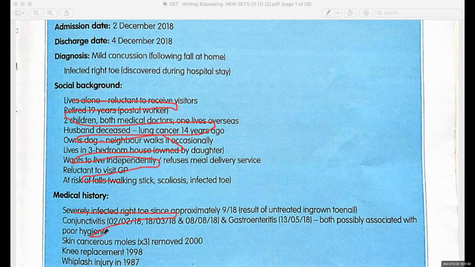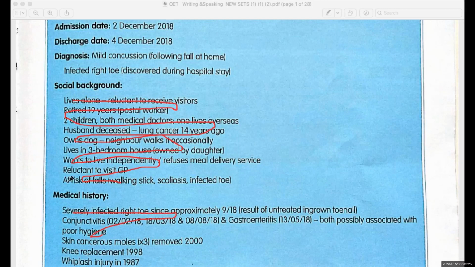This is called expanding a note. Expanding a note means you do not use your brain to understand, cohere the letter, and express it in your own words. You don't do that. Understanding and expressing in your own words and in your own style is what is expected to be done. But on the contrary, most of the candidates rely on the background and then they just move like